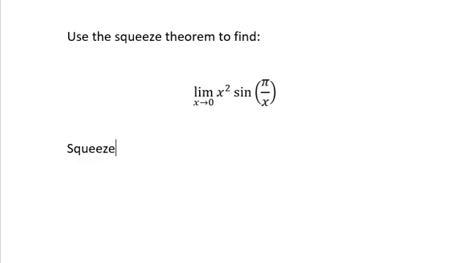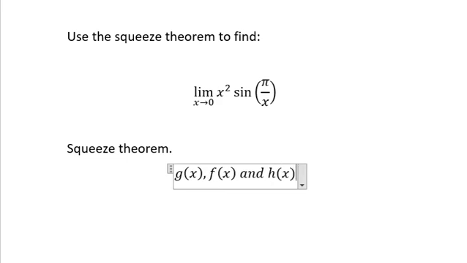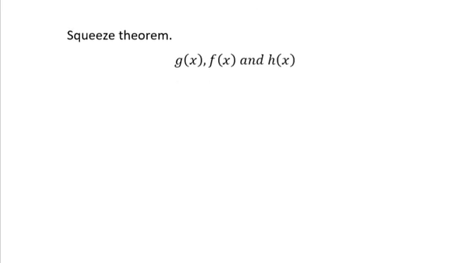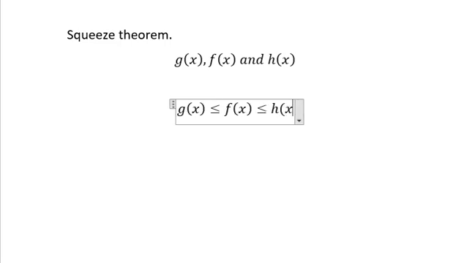The squeeze theorem works when we have three functions. Let's call them g of x, f of x, and h of x. The theorem tells us that if in a given interval we have that g of x is less than or equal to f of x, and this at the same time is less than or equal to h of x